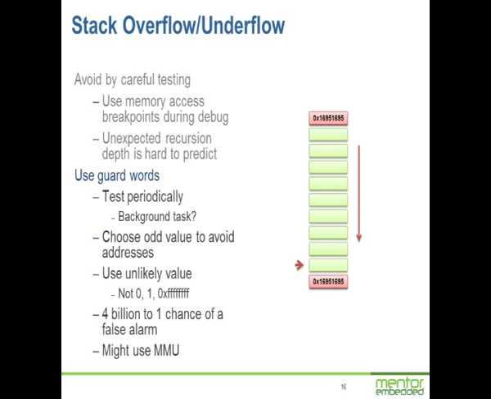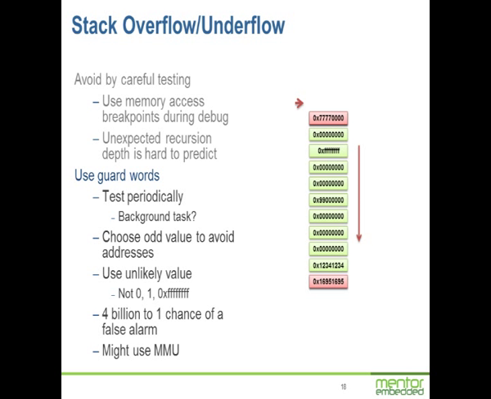We can take an alternative approach at runtime, and that is to add some guard words. And we test these guard words periodically. Now, the idea here is there's our stack, which is growing through memory in that direction. And when we start out, the stack pointer is pointing at the bottom of the stack, typically. And what we'll do is we'll put a guard word at either end of the stack, so we allocate an extra word in each of those two locations.